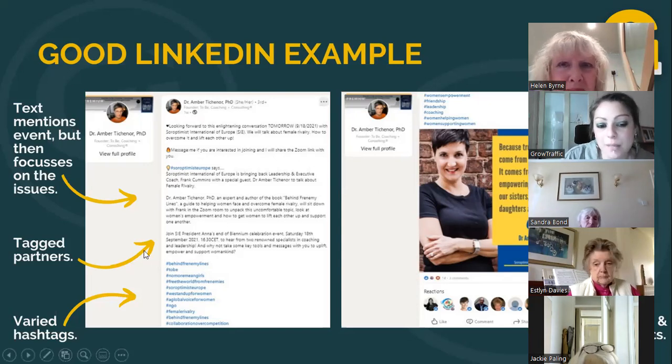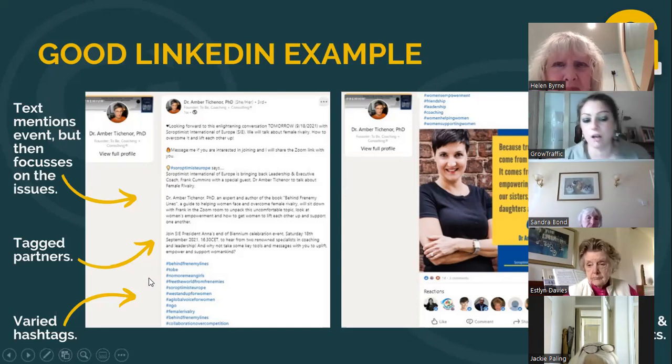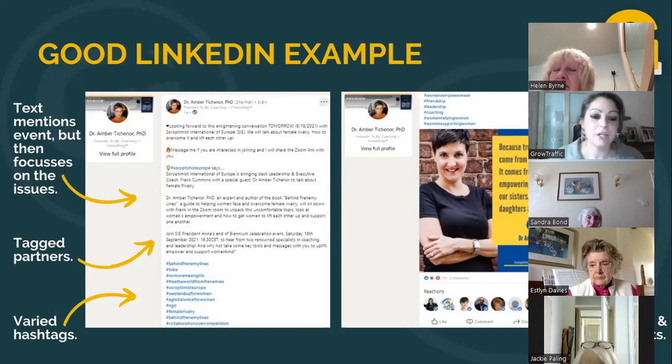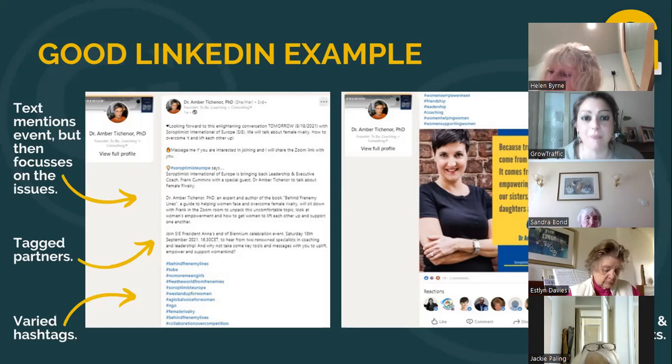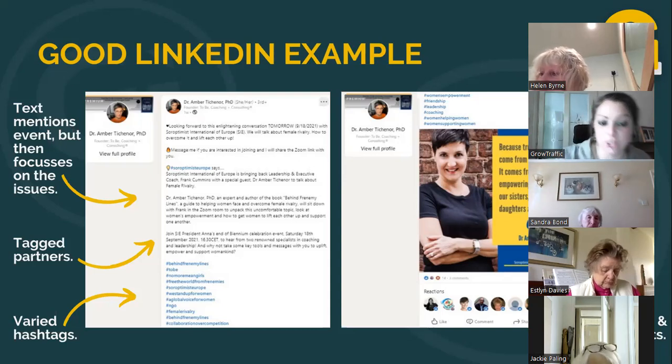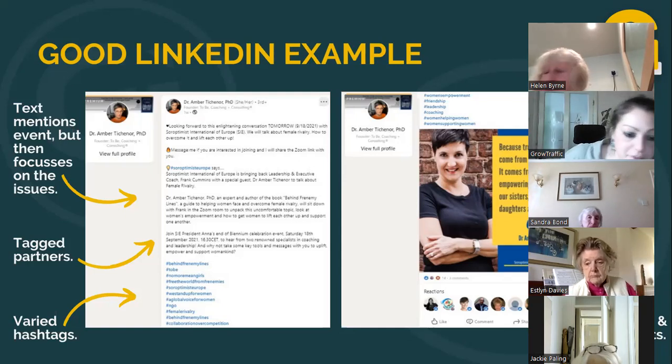And again, what you can see about these hashtags, and we haven't got a lot of time to talk about hashtags today. I know people always ask about it, but the key is be as varied as you possibly can. We always say, use the hashtag Soroptimist. And yes, we should be using Soroptimist, but only people who have heard of the Soroptimist will ever look for the hashtag Soroptimist. If we want to get out and talk to a wider audience, we need to use more varied hashtags.